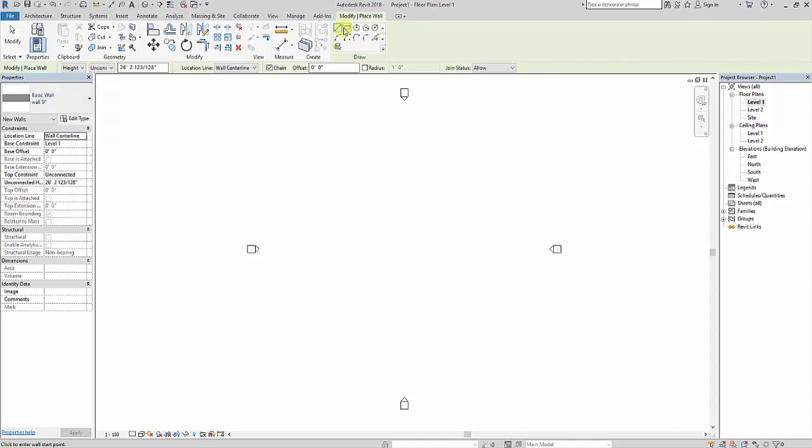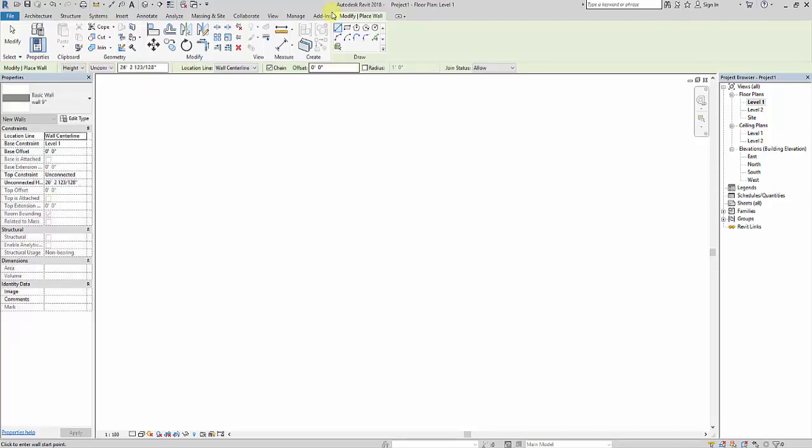Next, you have the types of draw tools. You have line, rectangle, polygon, circle, arc, and pick line. Similarly there are n number of draw tools here. Suppose you take line: you're not going to get a line, you're going to get a wall in the form of a line. I'll select line here, and you can see I'm getting a wall in the form of a line. It gives you the dimension; as I'm moving the wall, it is giving me the dimension of the wall as well. Or if you want a specific value, you can enter it and place the wall.